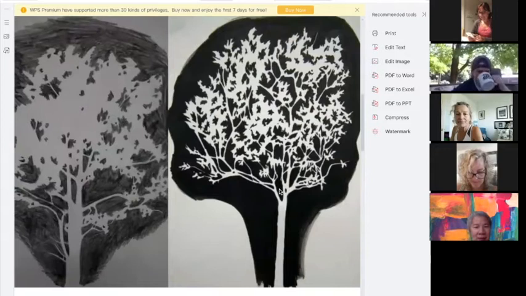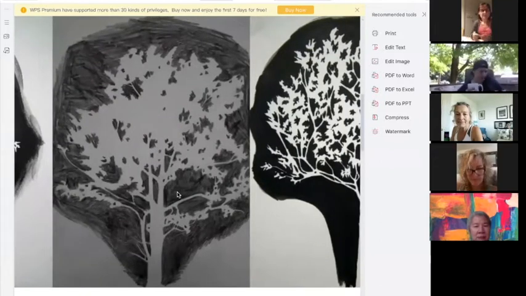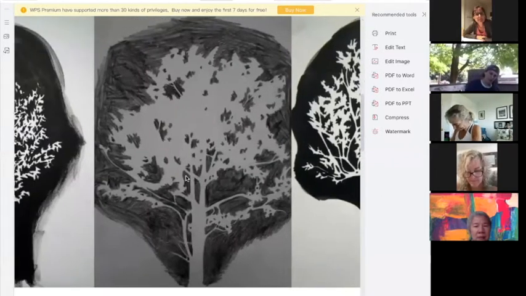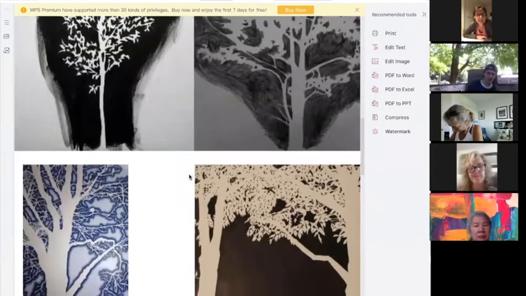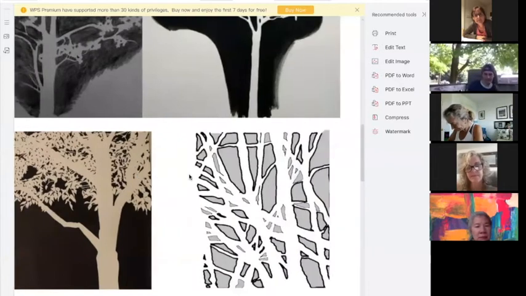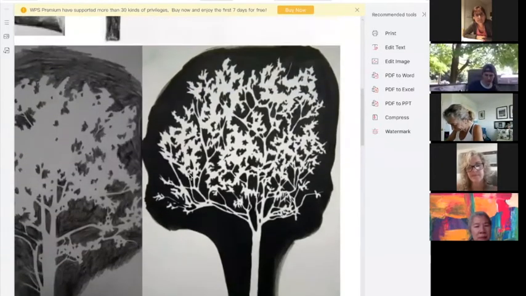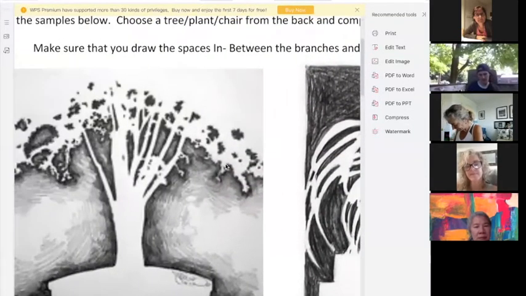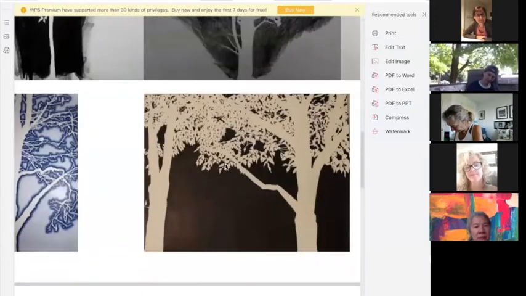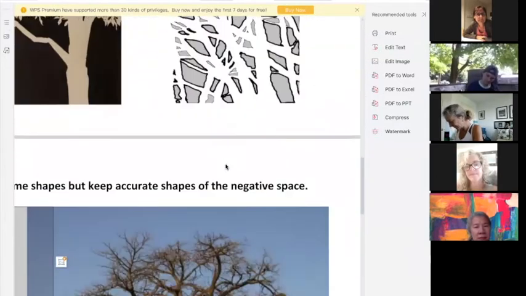Instead of focusing on the tree, the trunks, the leaves, you focus on the remarkable, fascinating shapes in between. And that's the negative space. It's what they've created as the black, and voila, a tree appears. In none of these cases have they drawn the tree. They've drawn the plant by giving all their attention to the space in between. So as I was praying, when we were listening to the song,